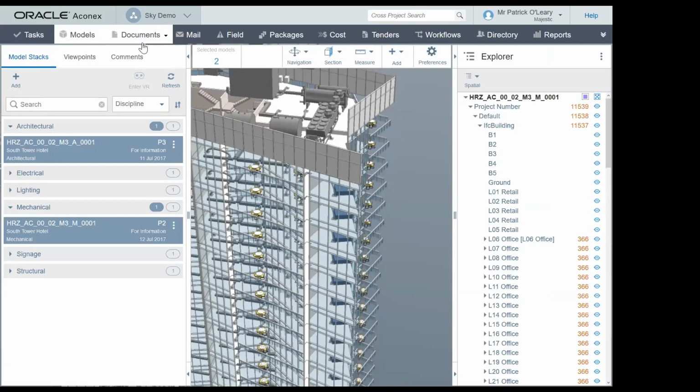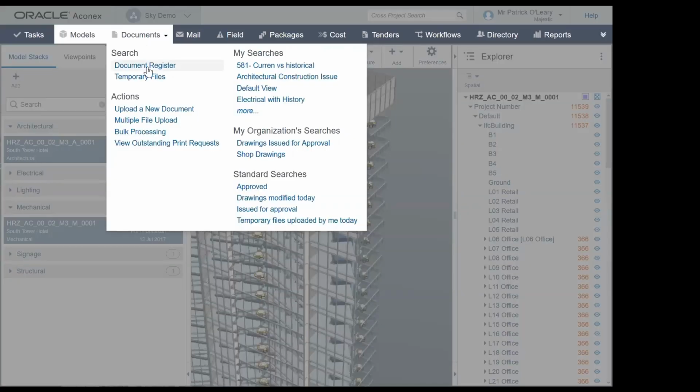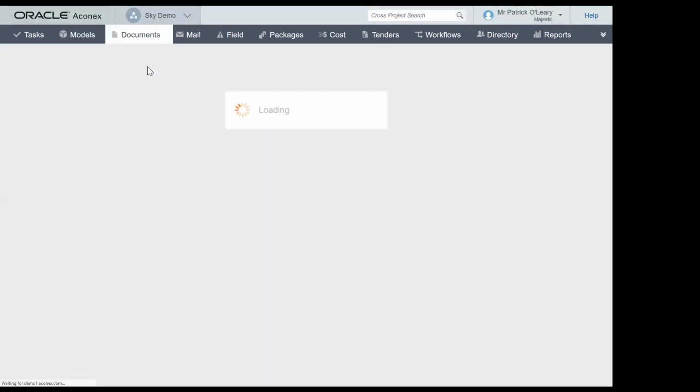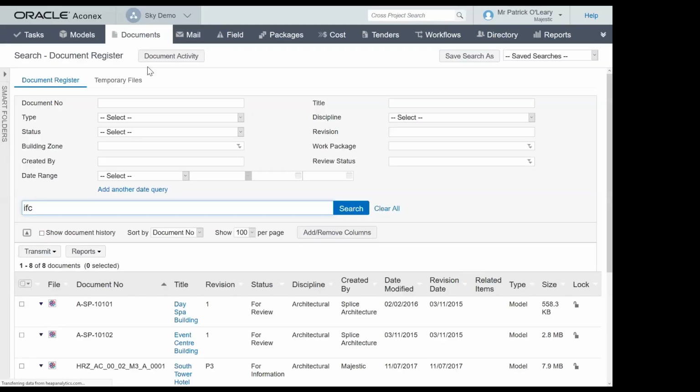What makes Aconex stand out? I think there are two very important things here. We always struggle to get organizations to adopt technology. And often one of the problems with the lack of adoption is that people find it difficult to use the software. And the second one is that they don't trust the software. So Aconex addressed that in two ways. The first one is a very easy user interface.